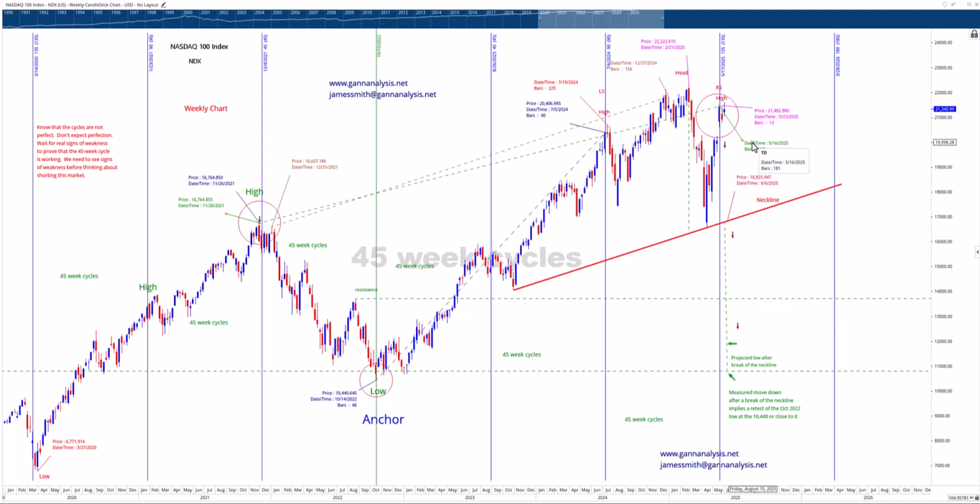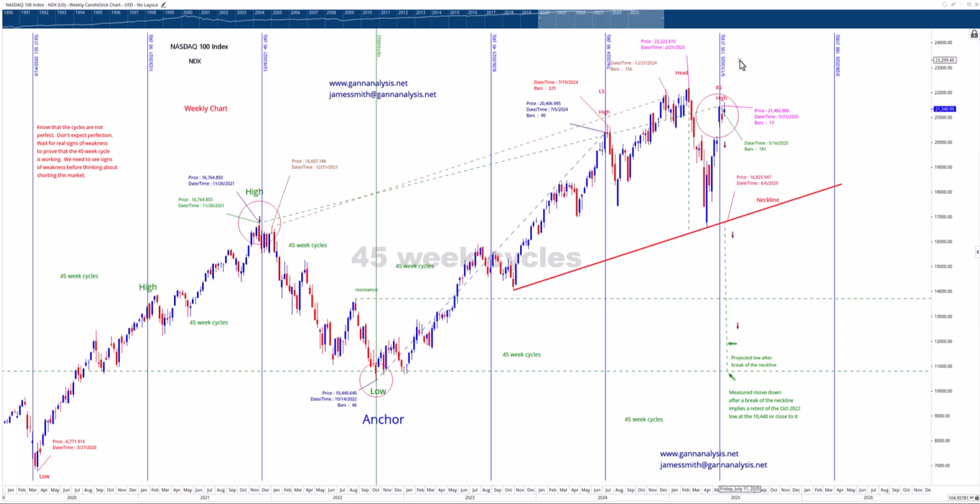The more GAN cycles you've got going on, the better the chances that you're calling an important turn. So usually the problem is not identifying the cycles. It's sometimes you get a cycle and you go with that one cycle and you say, well, this has got to work. It may not. So the only solution here is look for more cycles. When you get a cluster of cycles, you have better odds. And you still have to wait for signs of weakness, because who knows, maybe we blow to new highs.